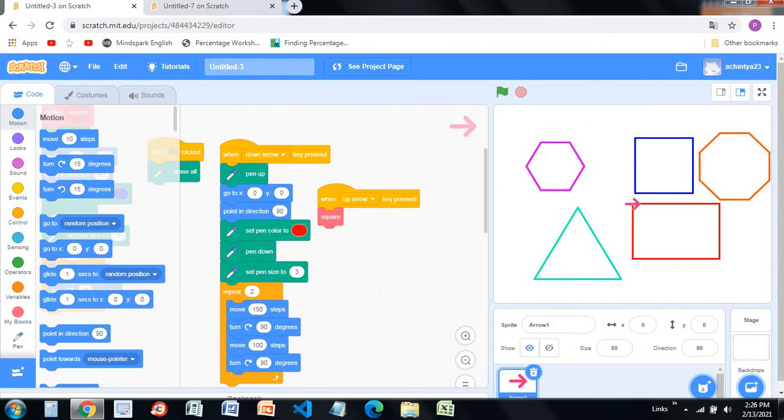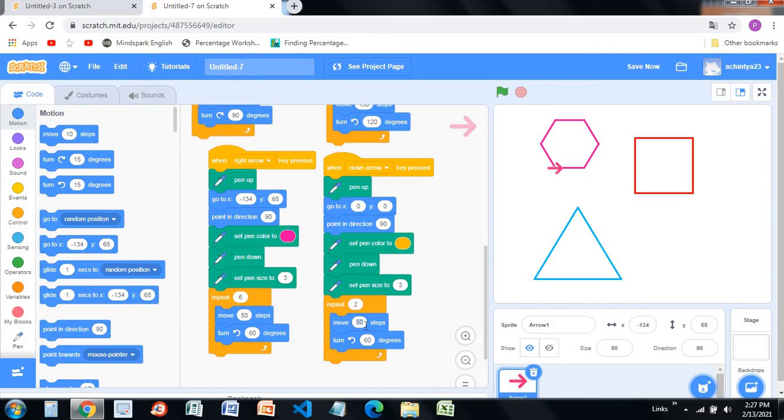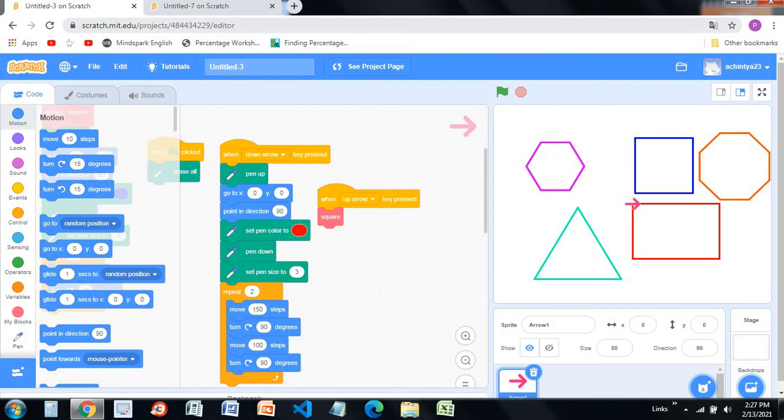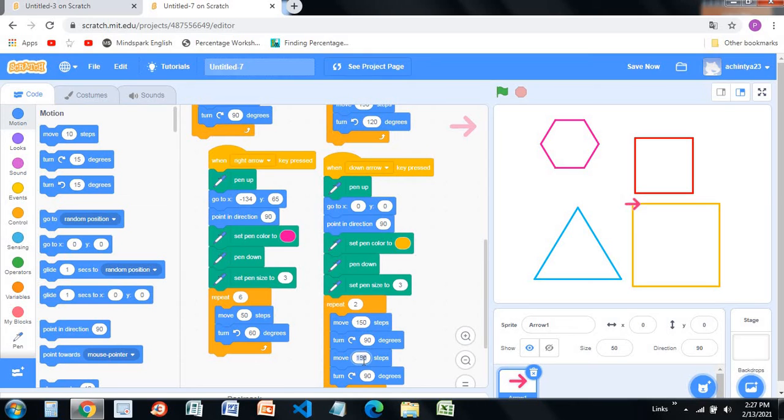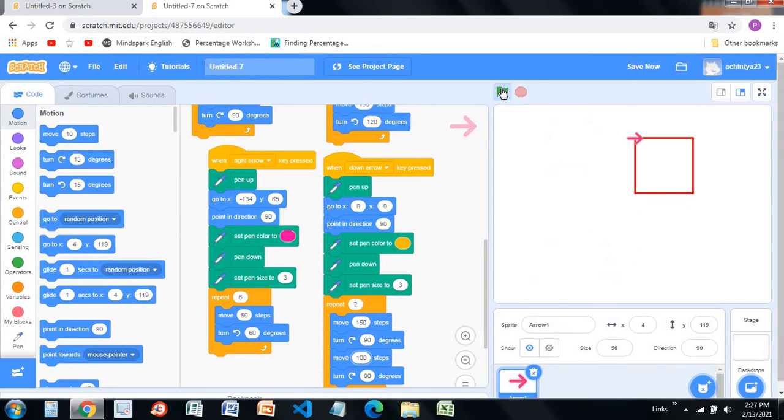Repeat 2 times, move 150 steps, then turn 90 degrees. Then move 100 steps, turn 90 degrees. Duplicate this and make it move 100 steps. Yeah, now it is going to look good.